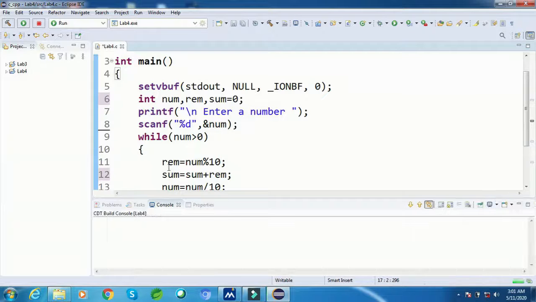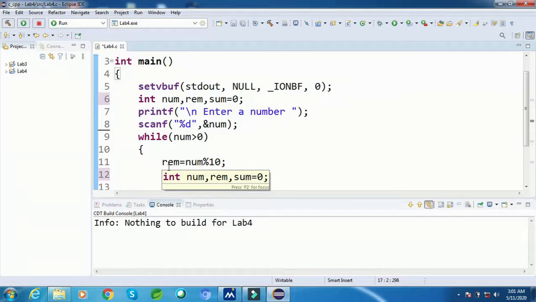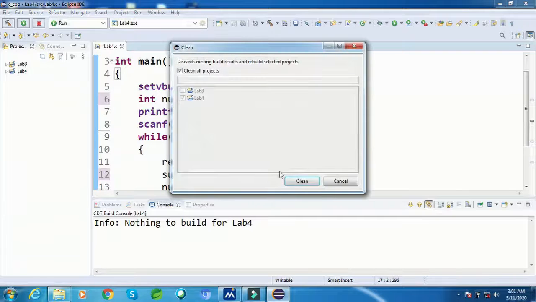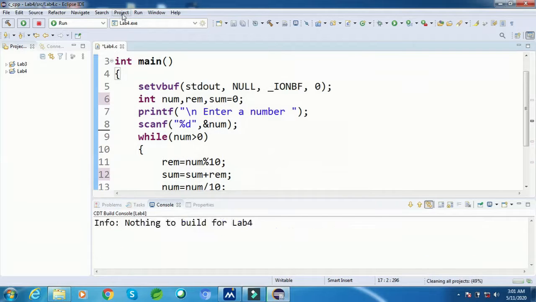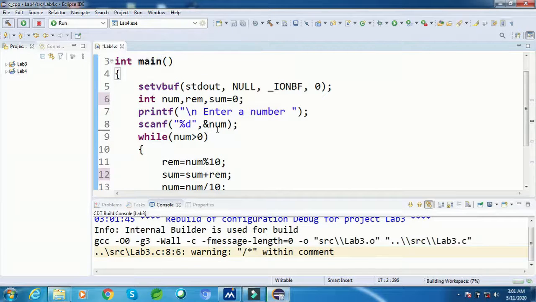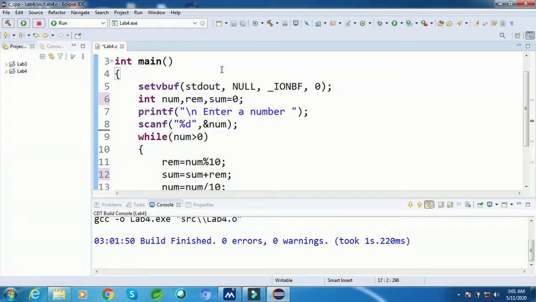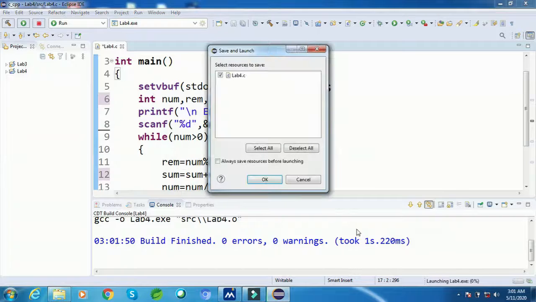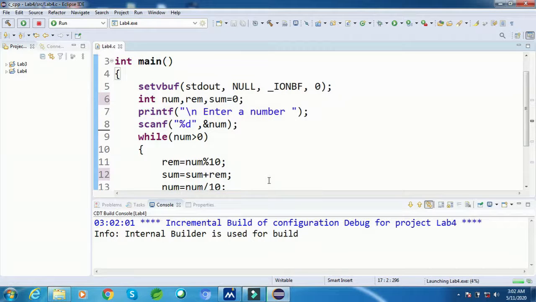As you can see here, 0 errors and 0 warnings. Now go to file, right click, run as local C++ application, of course, okay.